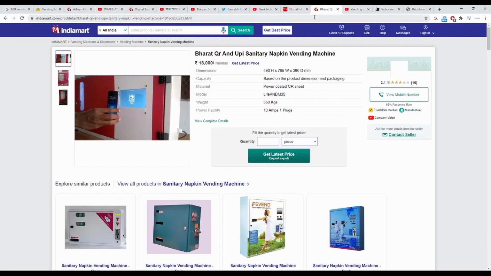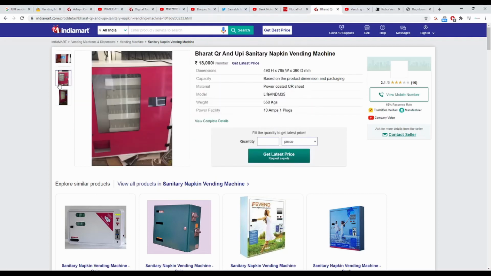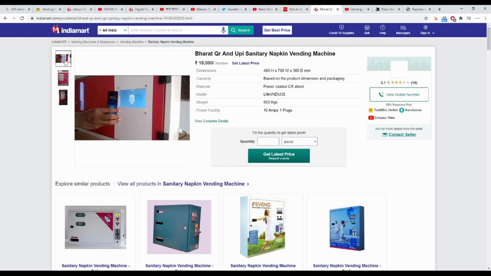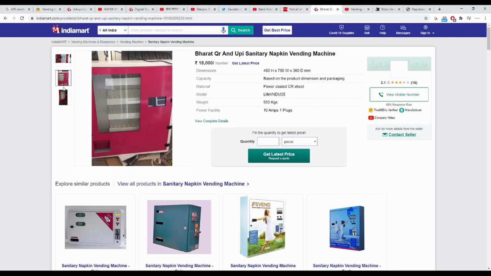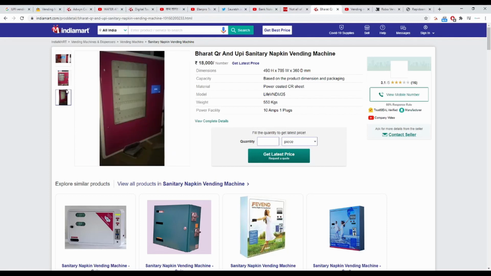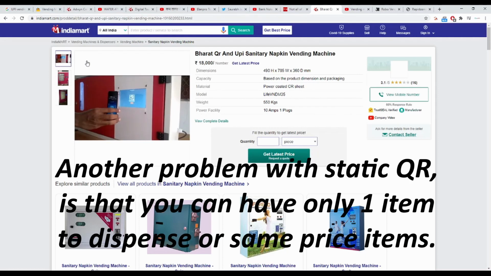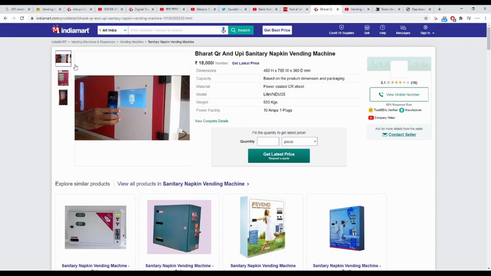So this is again display only, but most probably a static QR only because there are no buttons and all those things. I'm not sure how these things work, and I'm not sure about the pricing also. On one image they show this thing, and on the other it shows just a blank box. There is no technical information, but what you ideally want is a few buttons which you can press, and then it will initiate the transaction, and then upon the successful completion of the transaction you dispense the product.